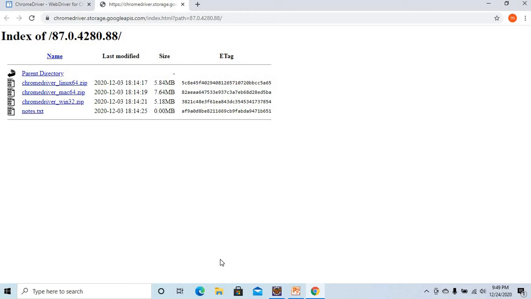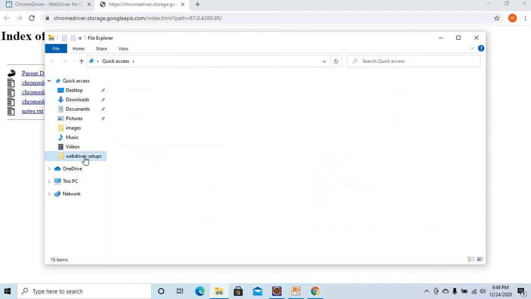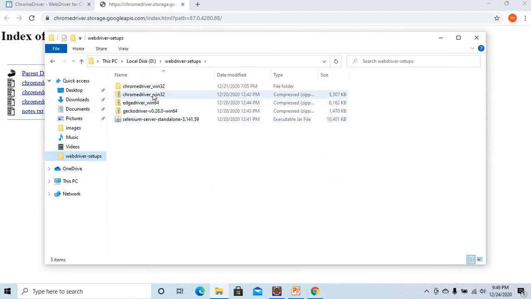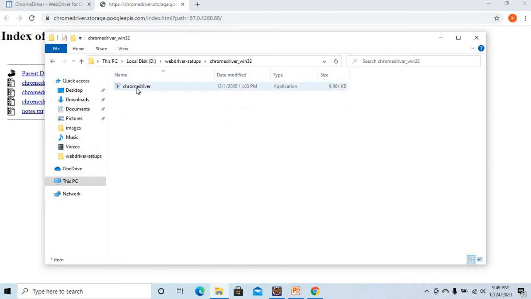Once you have downloaded it, let's go to my directory. I already downloaded it and will show you. In the WebDriver setup there is a ChromeDriver folder, and inside it we have chromedriver.exe. We need this file to start the Chrome browser.